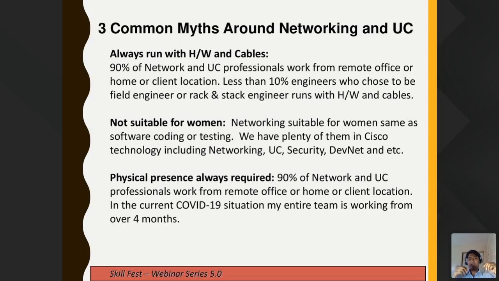They have to go there, open up the box, find out what exactly is wrong, and look at the lights. But if you are a remote engineer, there is very little scope in that, because hardware failures are very rare, so the demand is also very low.